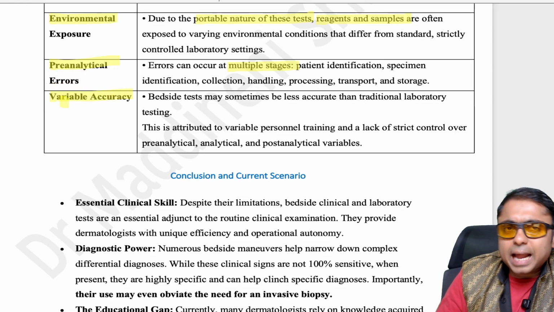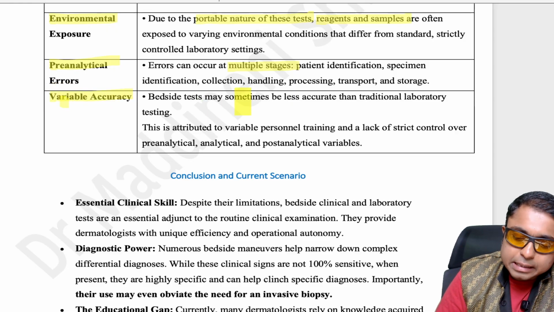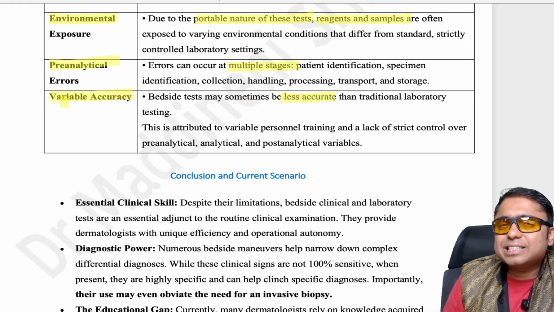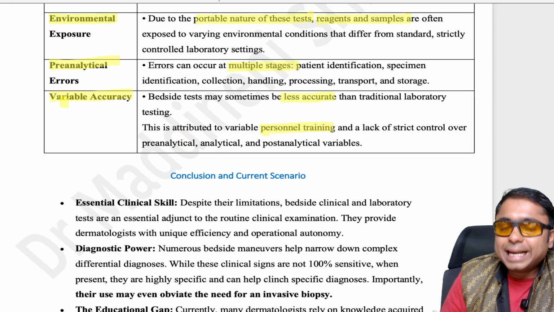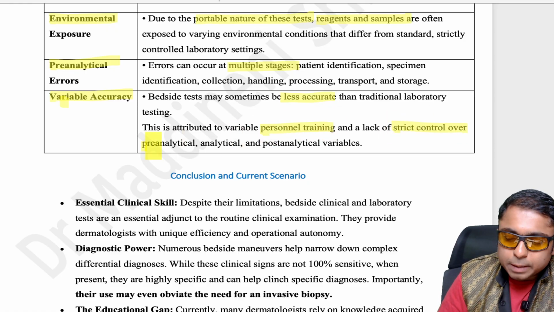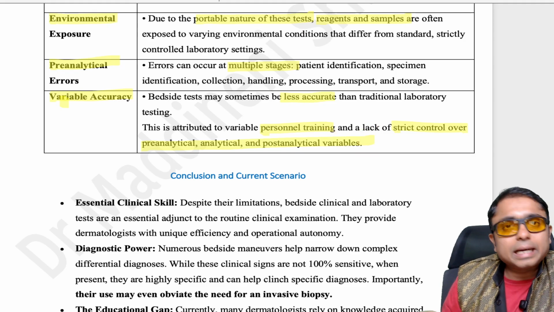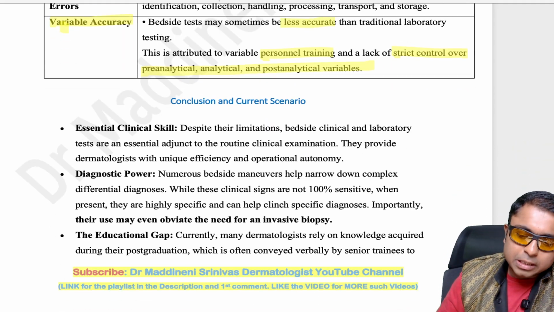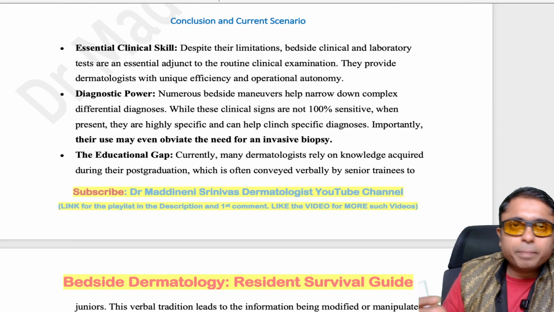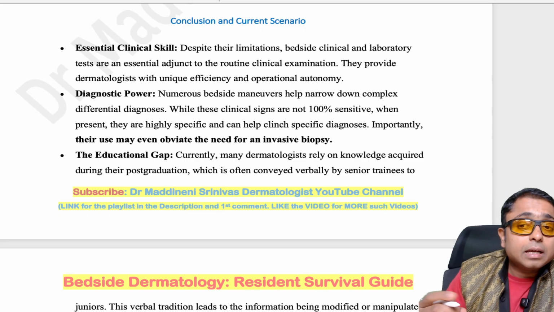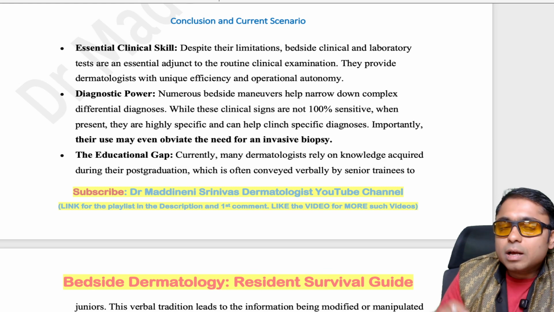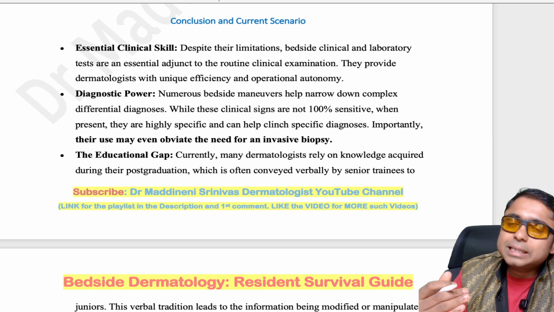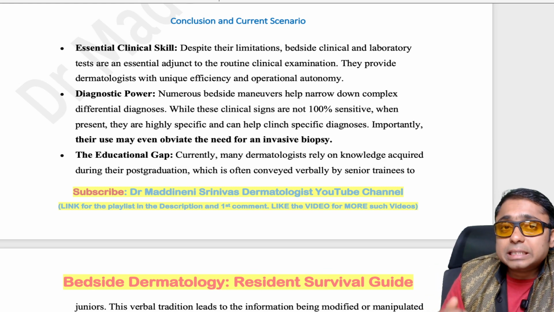And also variable accuracy. Sometimes bedside tests may be less accurate than the traditional laboratory testing, right? This is attributed to personal training and lack of strict control over the pre-analytical, analytical and post-analytical variables. There are so many variables which could be messed up, because of which sometimes the results may be wrong. So these things we have to take care of. So we'll see what all the problems are, chapter wise, when we're discussing the